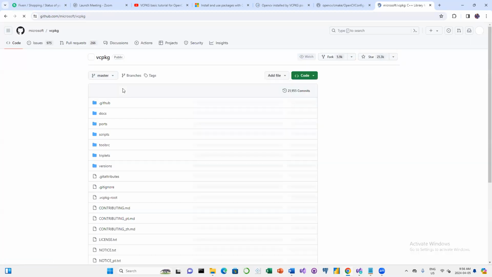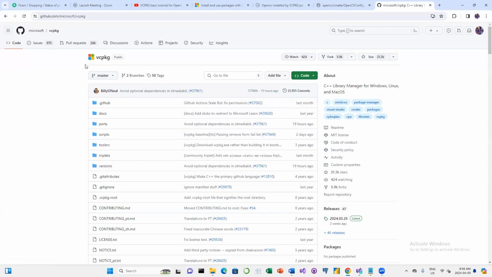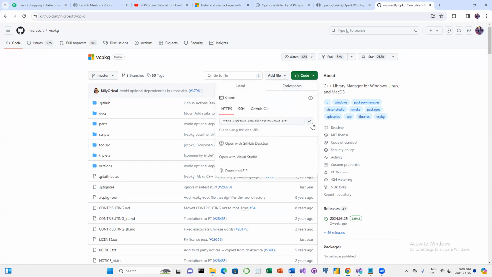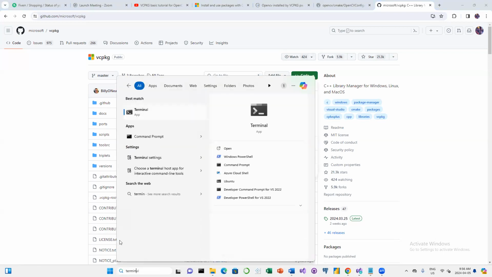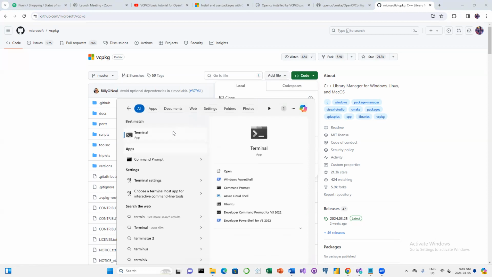Usually it'll be the first link if it's not sponsored, and you're basically going to be on this GitHub page, and it's a C++ library manager for Windows, Linux, and Mac. And what you're going to do is go into Code and copy this URL. Once you've done that, go into terminal, run as administrator,